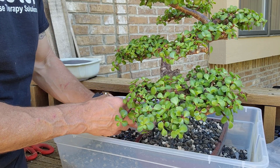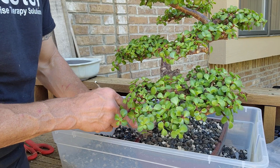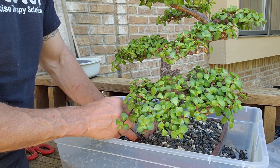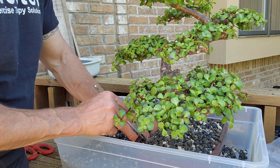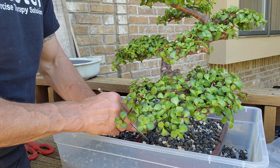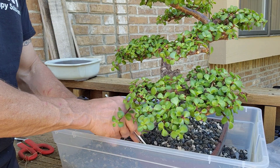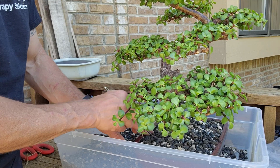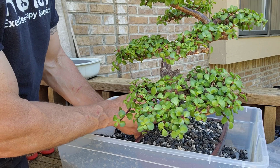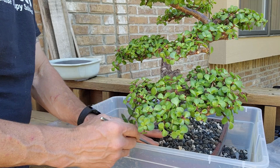I won't water it now. There's a root coming up. I won't water this for probably a week or so, just to prevent any possible rot to some of the roots that were cut. Let it callus over, kind of like those slits that I put in the sides. It'll callus over within a couple of days, especially being in the sun, which is almost the